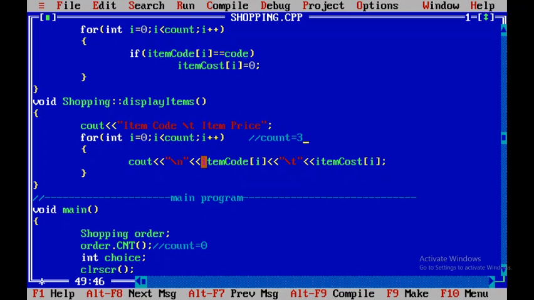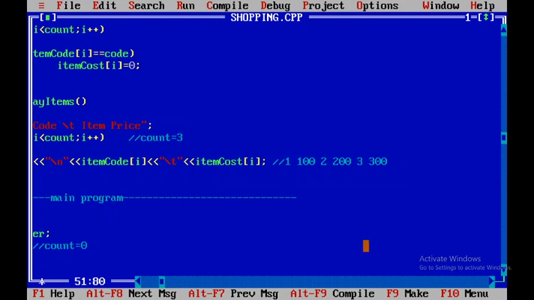For the next execution, atom code of 2 and atom cost of 2. So as a response, we will get the values: atom code of 0, code is 1, cost is 100. Then atom code is 2, cost is 200. Then atom code is 3 and atom cost is 300. So these are the values which we had given.